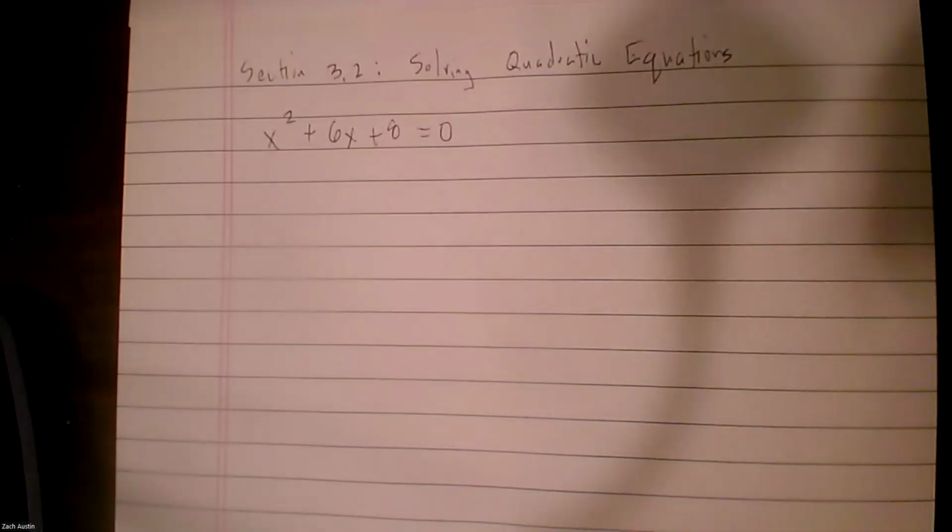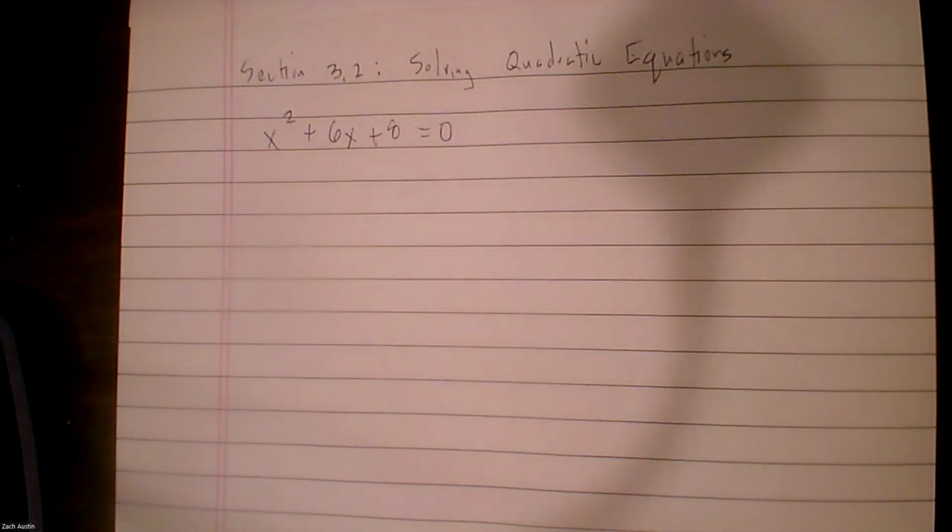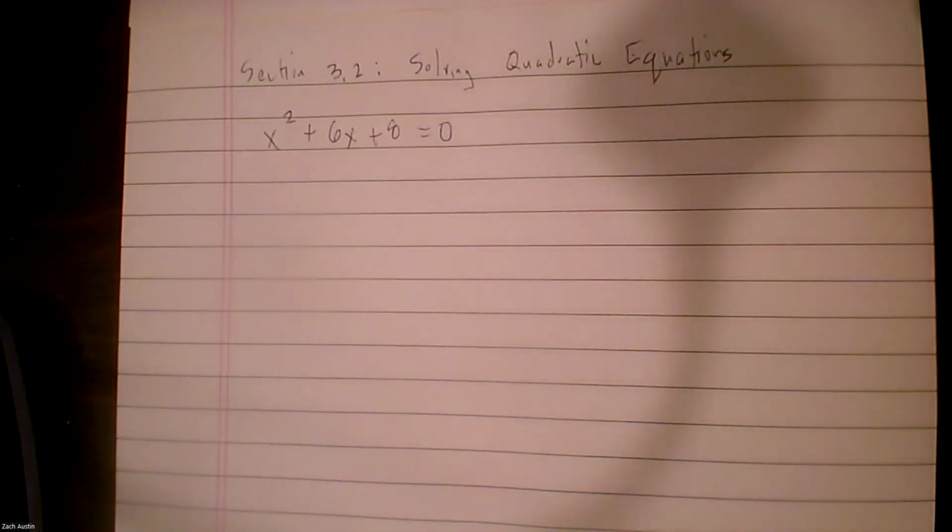Okay, so we're going to talk about section 3.2, which is on solving quadratic equations today. And so we're dealing with the same quadratic equation that we had before. In general, our approach is going to be to get that standard form quadratic equation equal to zero to solve that. And really, what we're doing here is we're trying to find the points where our quadratic equation crosses